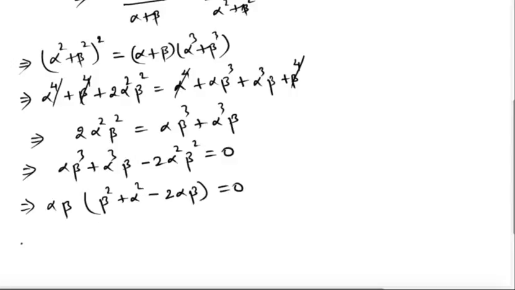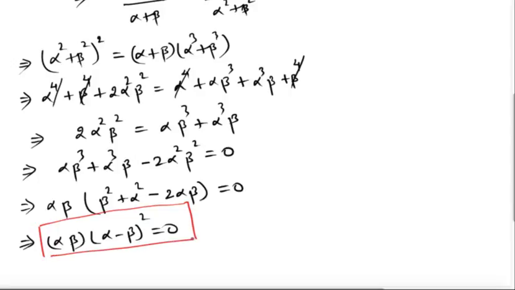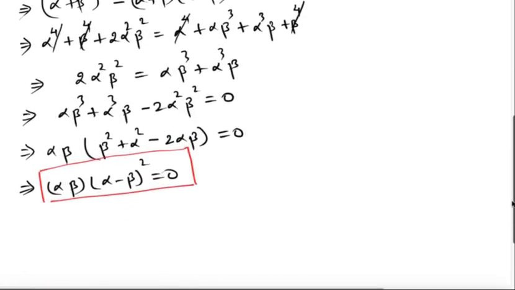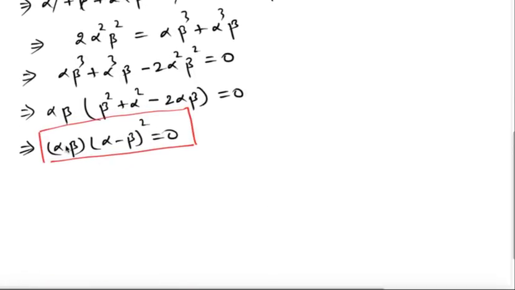beta equals 0. So this means alpha beta times, now this is equal to alpha minus beta whole square. So alpha minus beta whole square equals 0. So this is the final equation that we got here using the property given in the question, that alpha plus beta and alpha square plus beta square and alpha cube plus beta cube are in geometric progression. Finally, we ended up getting this result, that alpha times beta multiplied by alpha minus beta whole square is equal